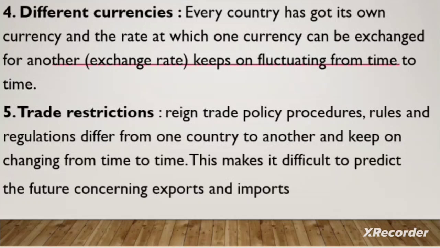Maybe it might happen that I have 300,000, then I'm going to the bank to exchange the money, but I'll find out that the dollar is not being sold at that amount which I assumed. So I might end up coming with $200 instead of $300. So here what we are looking at is that currency changes affect foreign trade. Yes. Another good example, you can maybe prepare to purchase something from Dubai,